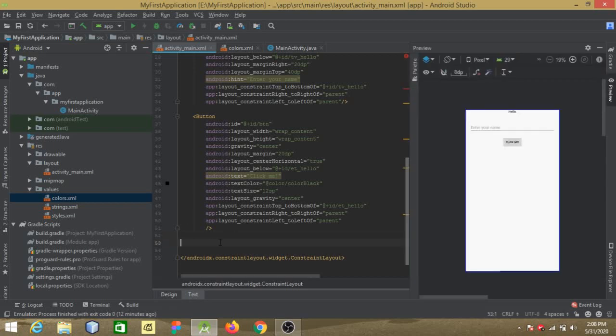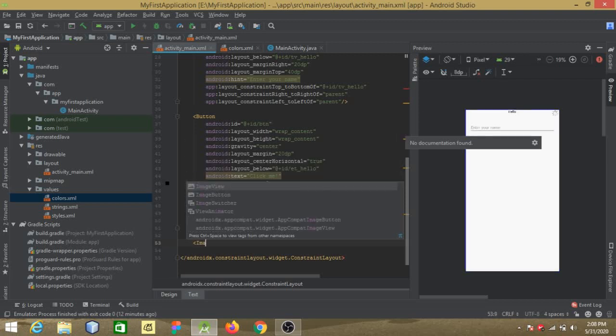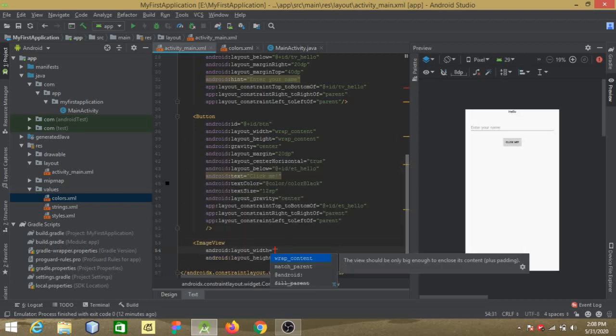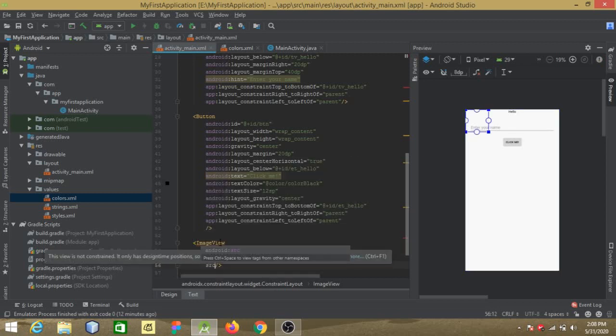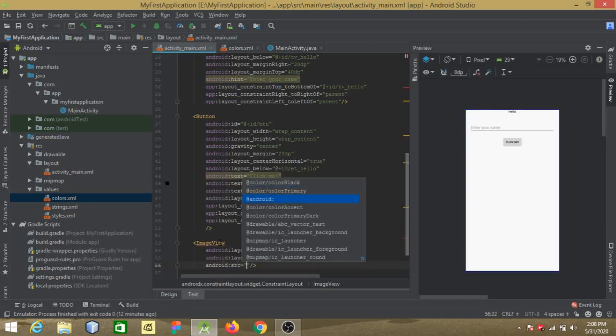So for adding an image view, we'll just write image view, and again I'll give a fixed height and width to this, 100 dp and 100 dp. Whenever you want to assign an image to an image view, we just type src, source,